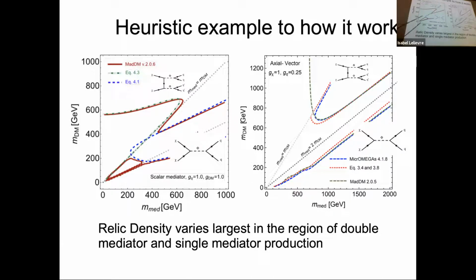And you have various features. The important features to remember are where you have resonant annihilation. This is when the mediator mass is equal to double the dark matter mass. And you have the other line where the mediator mass equals the dark matter mass, so we have the double mediator production. This is for a pseudoscalar, this is for an axial vector mediator. Again, you have these same two lines. So along the line of mediator mass equals 2 dark matter mass, you have resonance. So you have this kind of chimney where you